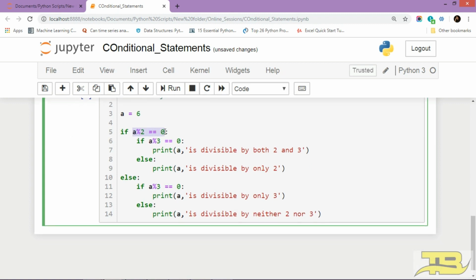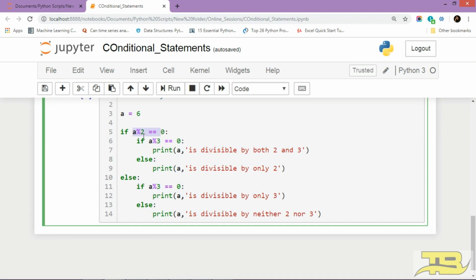The first condition is checked. If this is true, then this entire thing is the if block. After that, this condition is checked. So if this condition and this condition both are true, then it goes inside this and exits the whole block. This whole thing is one block, this whole thing is one block, this whole thing is one block. So either the if statement will get executed or the else statement is going to get executed depending on this